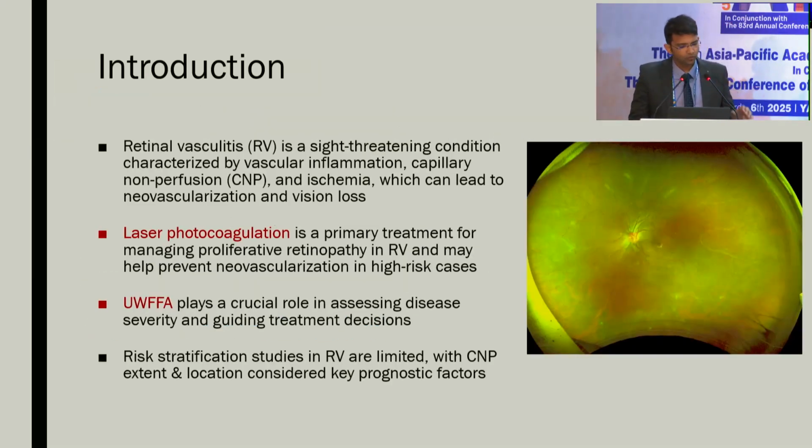Okay. So laser photocoagulation is the primary treatment for managing neovascularization in retinal vasculitis, and it may help prevent neovascularization in high-risk cases as well. Ultra-wide field angiography plays a crucial role in deciding and guiding the treatment in such patients. However, risk stratification studies in retinal vasculitis are very limited, and they focus on capillary non-perfusion area, extent, and location